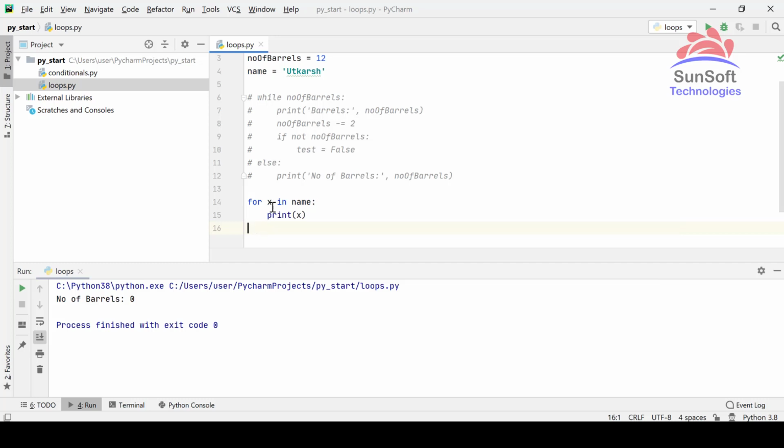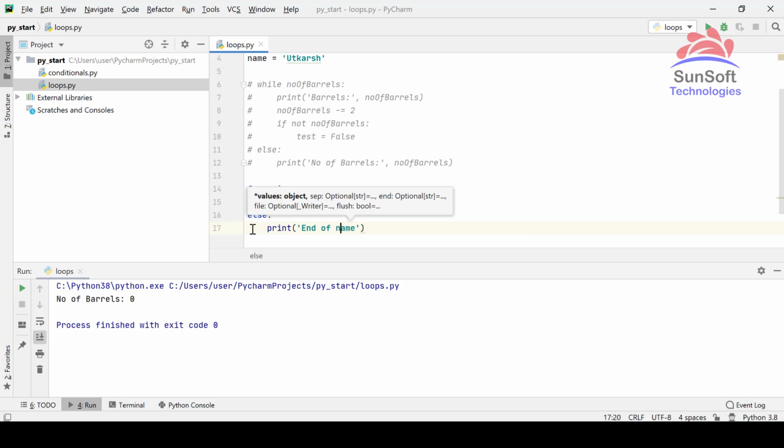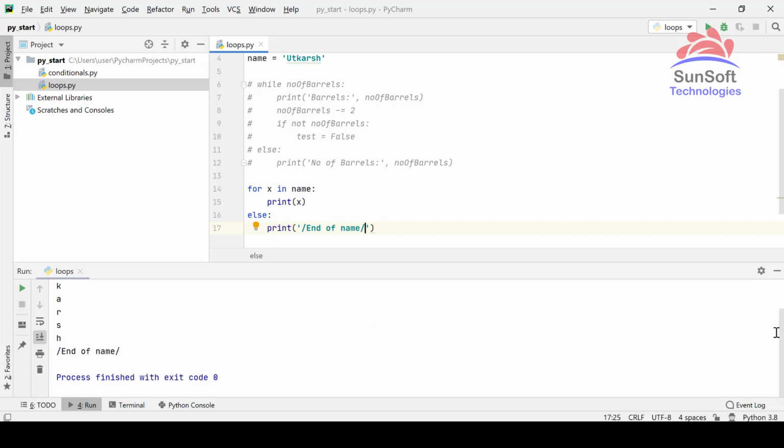So what this is basically doing is giving that value to X, and because X has that value, it will turn true for that. So firstly, X has capital U, so it will return true for that, right? Else I want to print. So what this will do is print out the end of name after. So let's try this. Yeah.